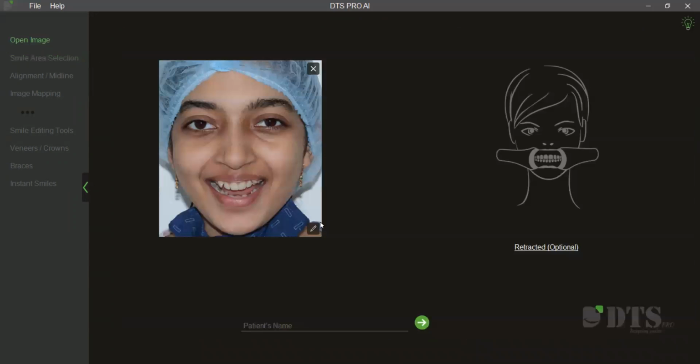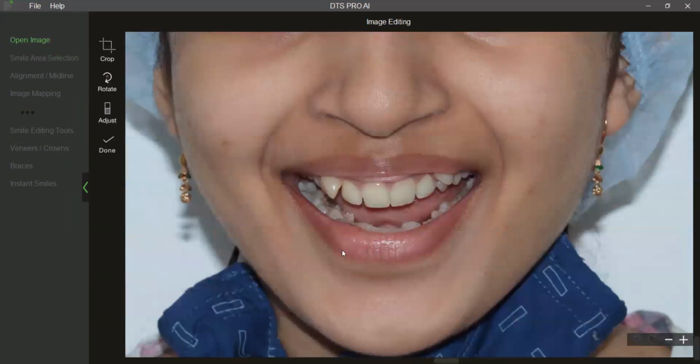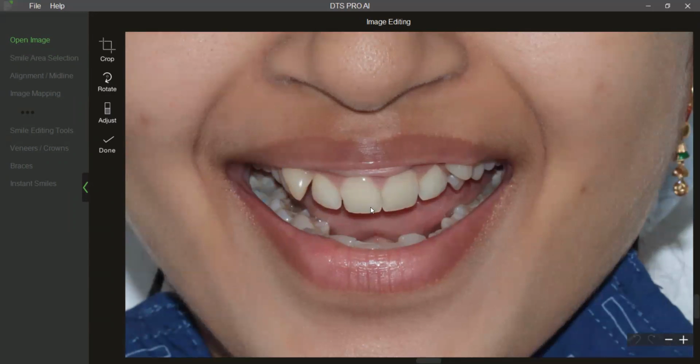So let me just come back here to the photograph. As you can see, the photograph has been shot with a slight open mouth position. As we go to the next screens, we will get a more thorough idea of the importance of having an open mouth. But at this point of time, the only prerequisite I would like to emphasize is having a slight open mouth position.